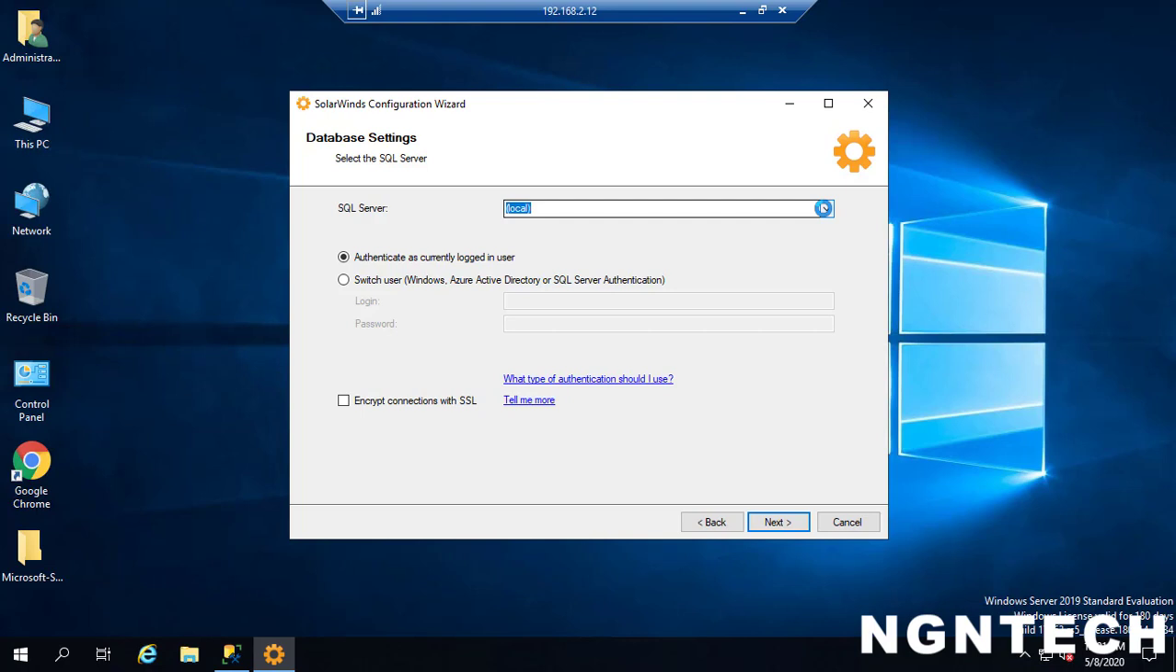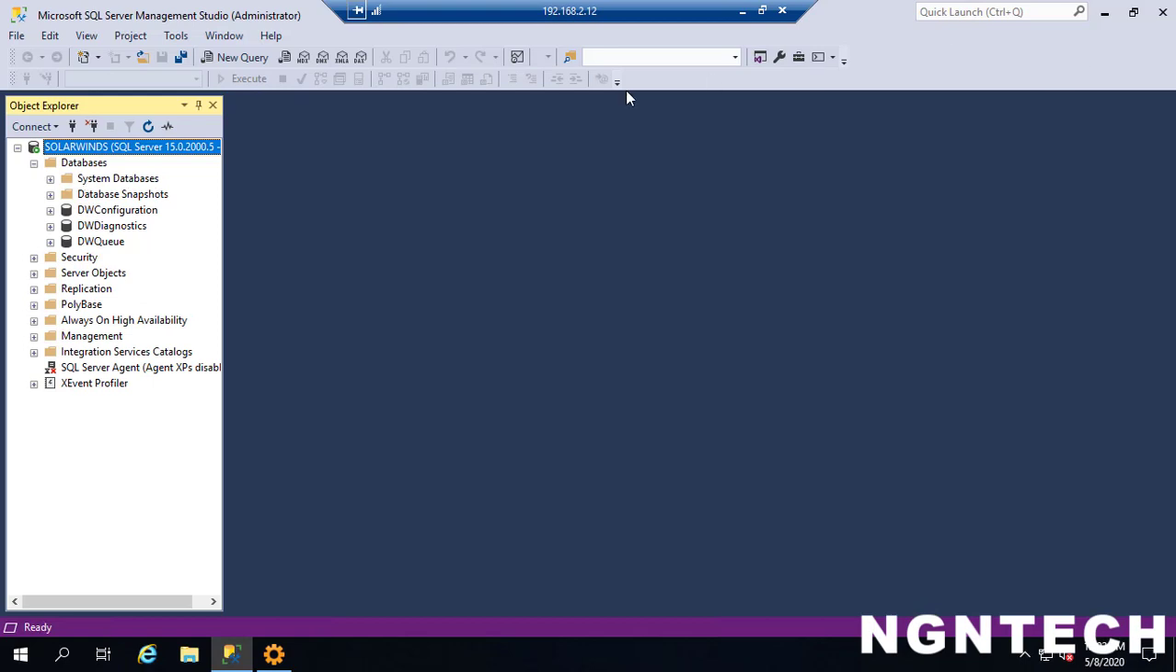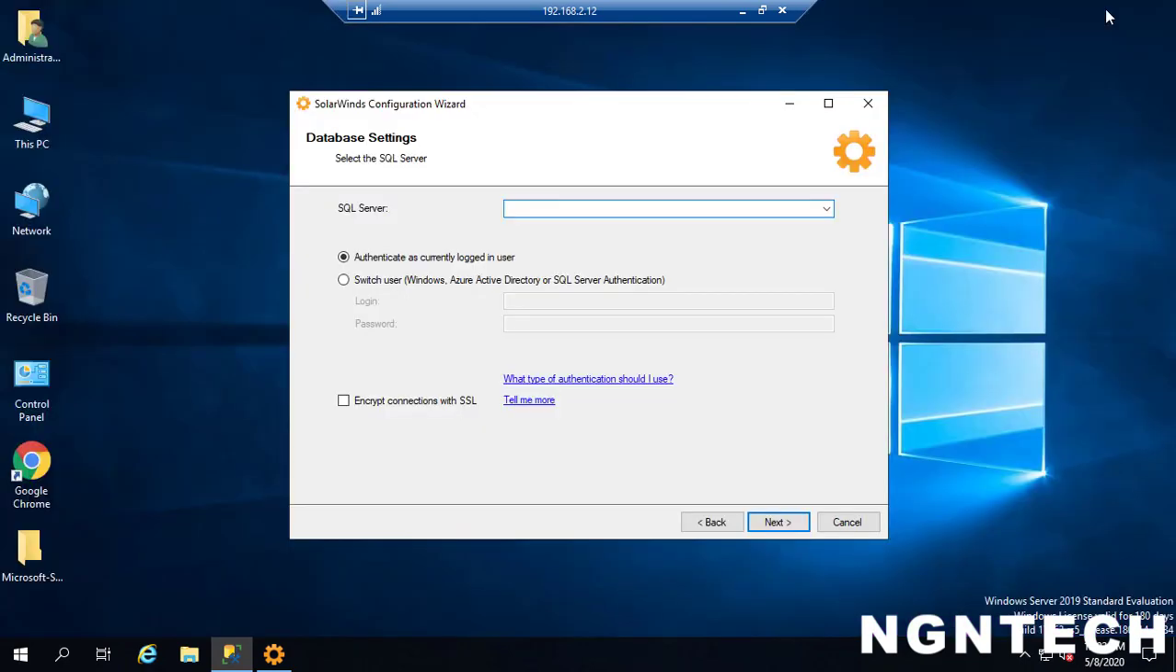So click next. And here are the two types, local database or remote. If you choose the local database, the Orion platform installs the local DB and installs all the databases on the local machine. I already installed a separate SQL Server 2019, so I will uncheck this and search for the